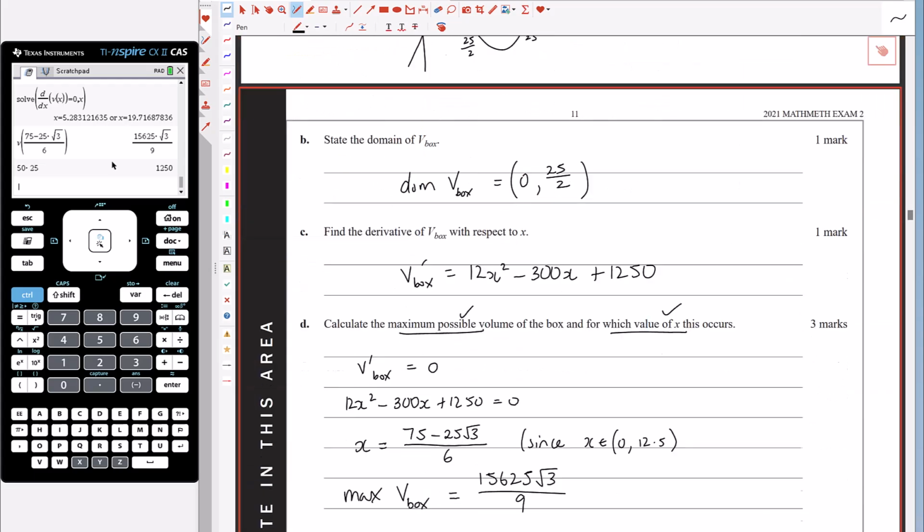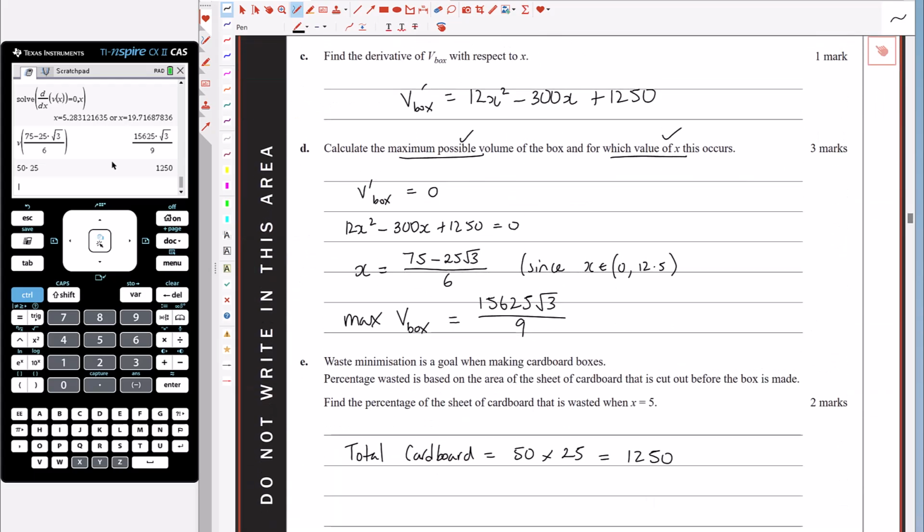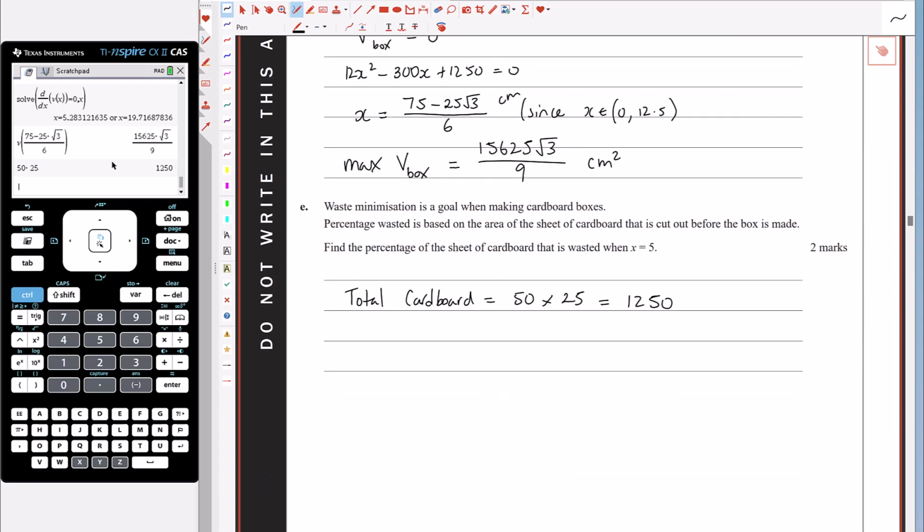Yep, centimetres. So we can do some units on here. So this is centimetres squared and this is in centimetres. This is therefore centimetres squared. So the wasted cardboard is 4 lots of 5 squared, so 4 lots of 25, so 100 centimetres squared,